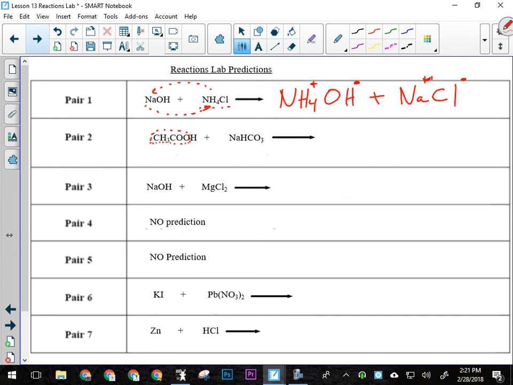Now, the odd thing about this is that this compound is not written the way it should be, because CH3COO has a negative charge. Hydrogen has a positive charge and is acting as the metal, right? But because this is organic, we write it differently. If we were writing it as a truly organic compound, it would be written like this. This would be our positive and that would be our negative. So we've got an ionic compound where hydrogen is acting as a metal, which means this stuff should be